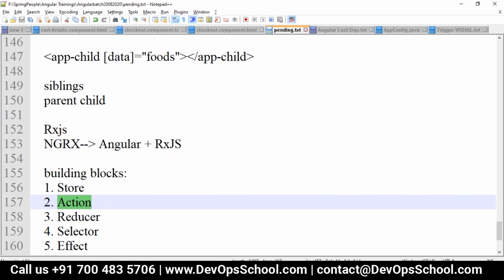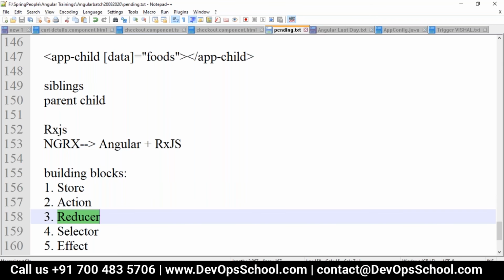Action means any change in the application state is considered a new event. If any state change happens to that particular application or variable, any change in that application state is considered a new event. Changes like user interactions with components or several logic that change the application state are all considered a new action, which is a new event. We have a reducer: any action performed will be addressed by the reducer to perform some logic, and it always returns a new immutable state in the store.